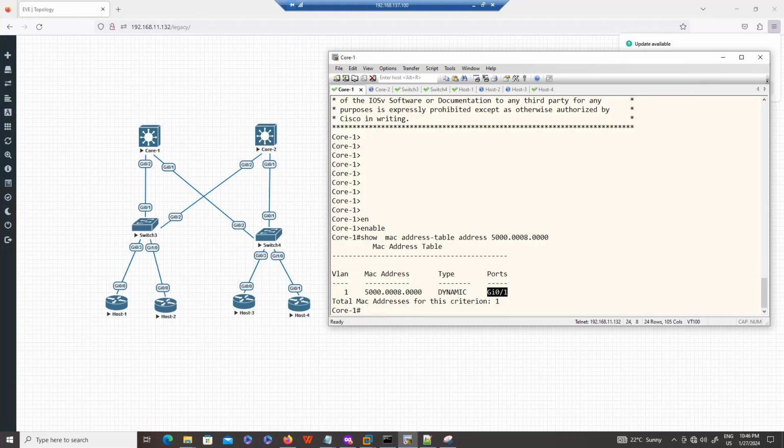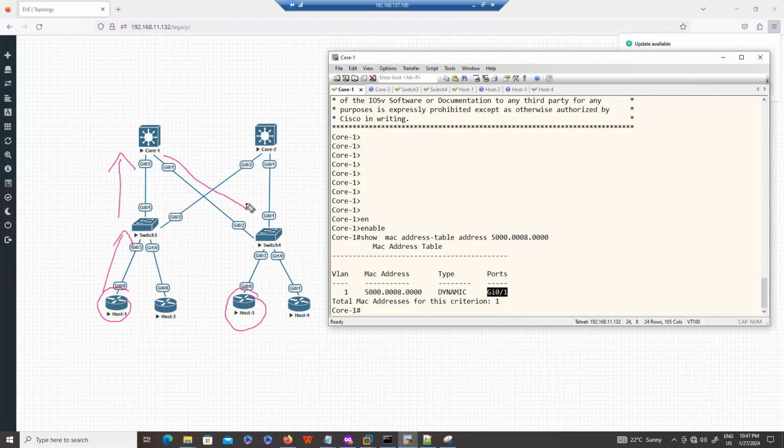So the next thing, guys, we will also see how we can play with traffic engineering. So what is traffic engineering? Right now you see the traffic flows from this PC to this PC. This is the path.